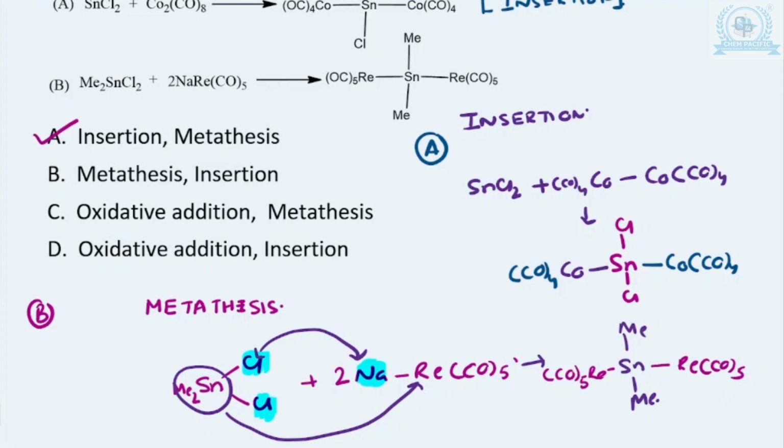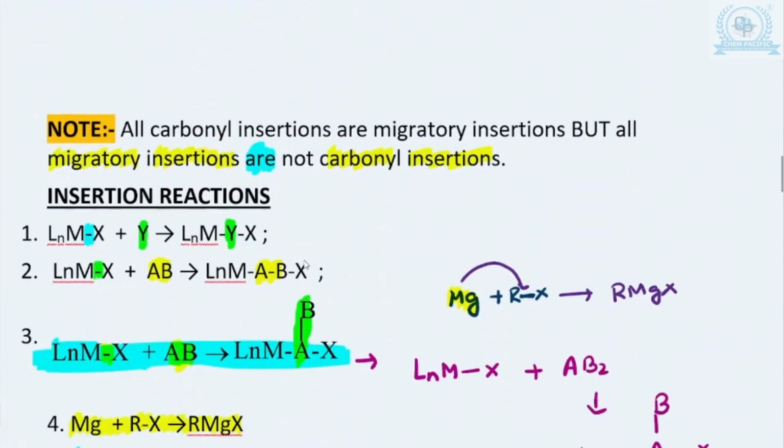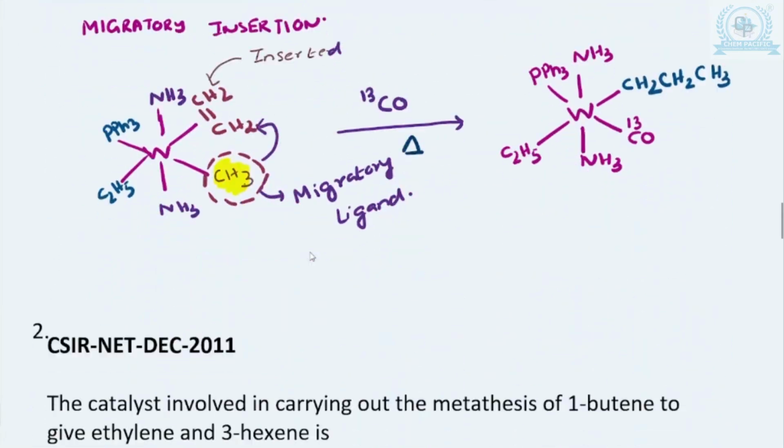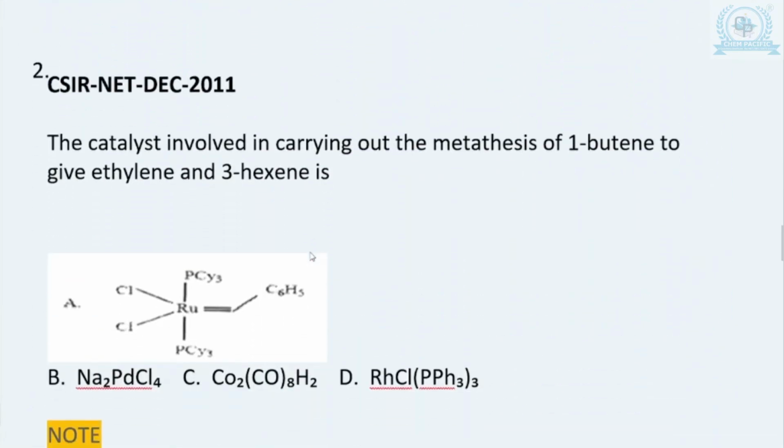The first one is an example of insertion, that's what I explained to you, and the second one is an example of metathesis. So insertion I have already done with you. Now let us move on to the next. They are asking the catalyst which is involved in the carrying of metathesis reaction of 1-butene to give the ethylene and the 3-hexene. So you must be knowing that I already discussed with you with notes that these are